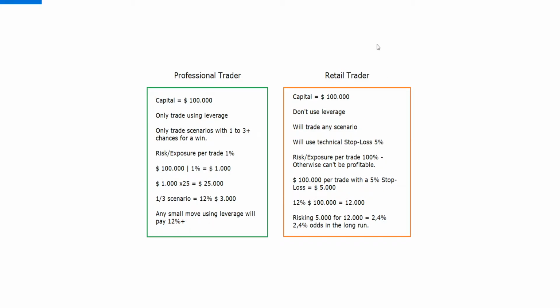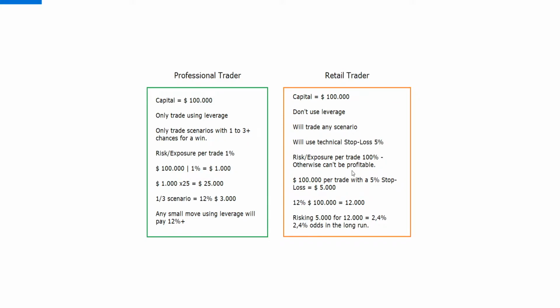On the other hand, the retail trader has a capital of $100,000. He doesn't use leverage, which means he must hold the coins. He will trade any scenario, especially when he's in fear or doubt or doesn't know the market direction, etc. He will use a technical stop loss. The true technical stop loss is around 10%. I'm using 5 because I'm being conservative, but back in the day I was using 3 to 5%. So the risk exposure per trade is 100% of his capital, which is very risky